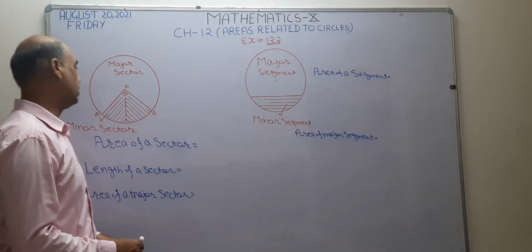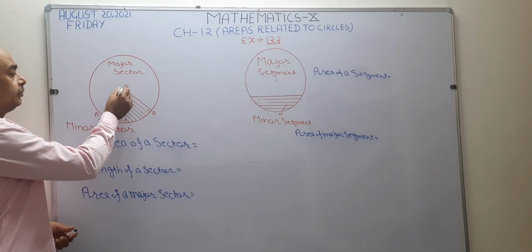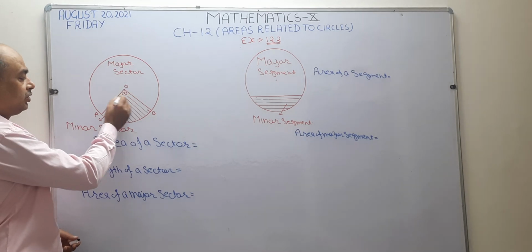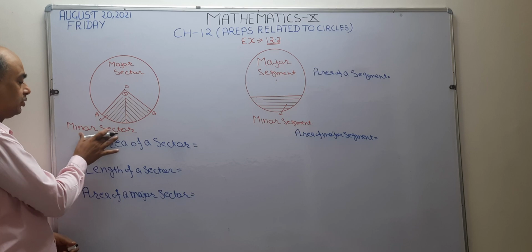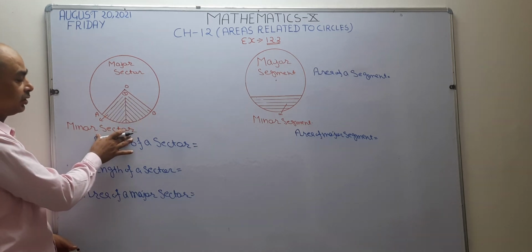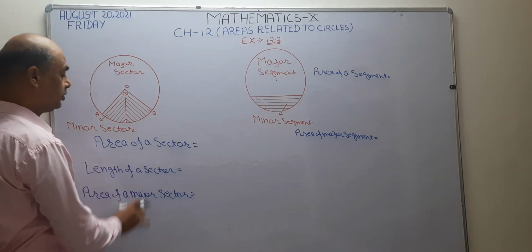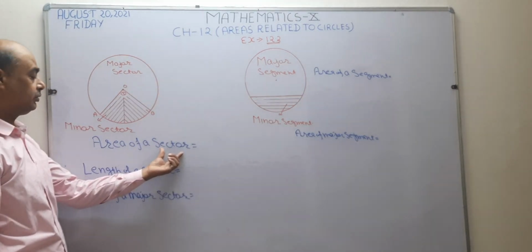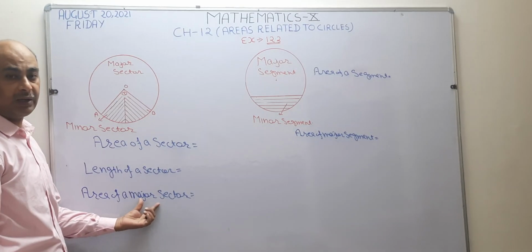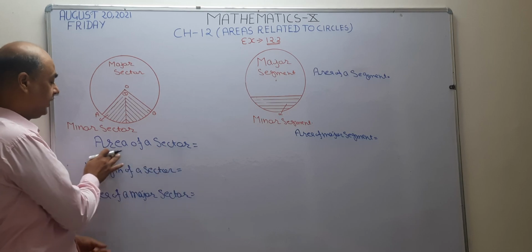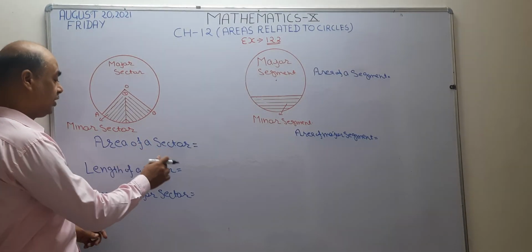Okay? Now see, this one is your circle and this is your center and this region is known as sector. This is a minor sector. Okay? This region is known as minor sector. How we find the area of minor sector? Finding the area of sector. When it is written here sector, it means it is a minor sector, unless it is written here major sector. Okay? Whenever in question you are going to find area of sector, sector means minor sector. It is understood. Okay? How we find the area of minor sector?